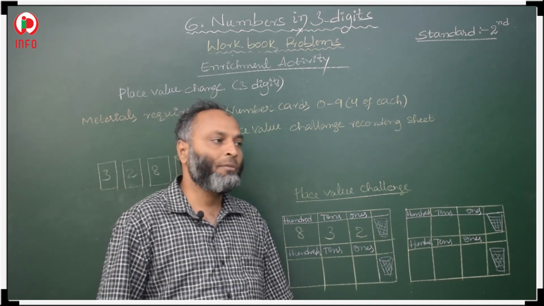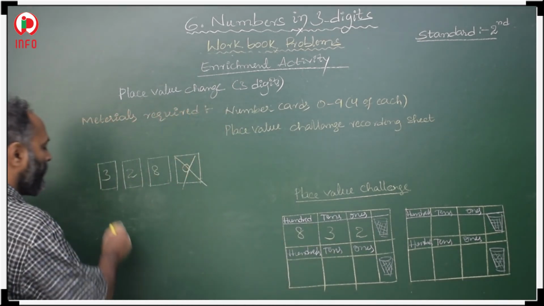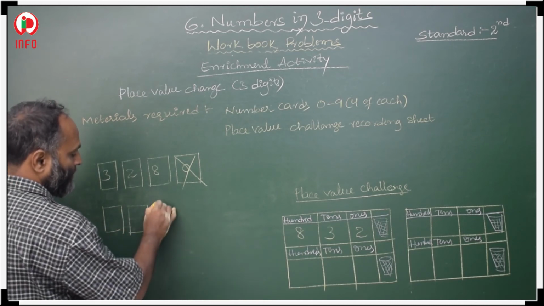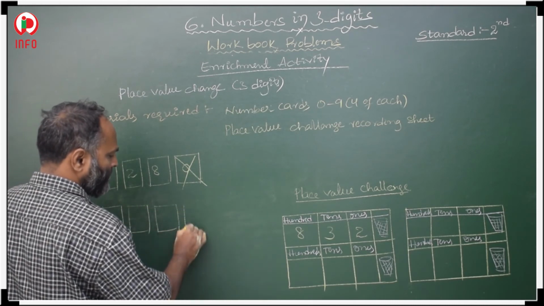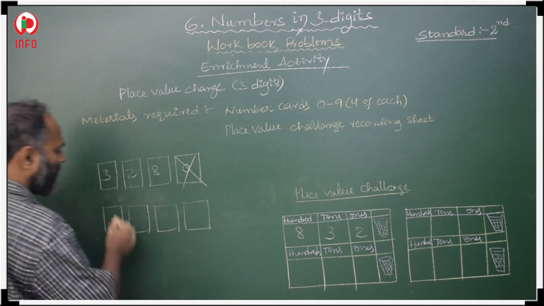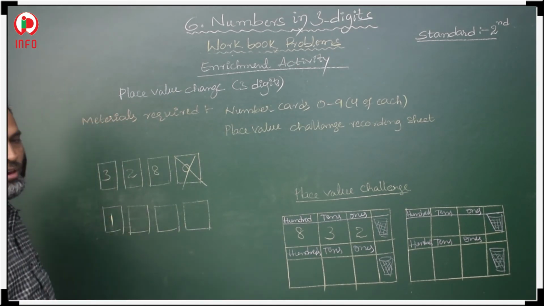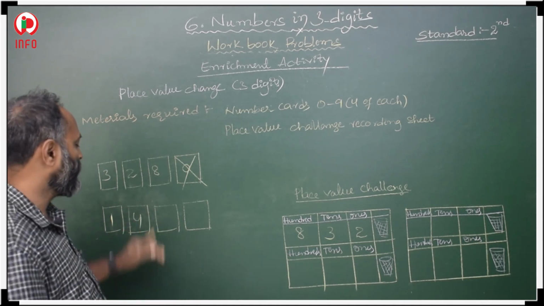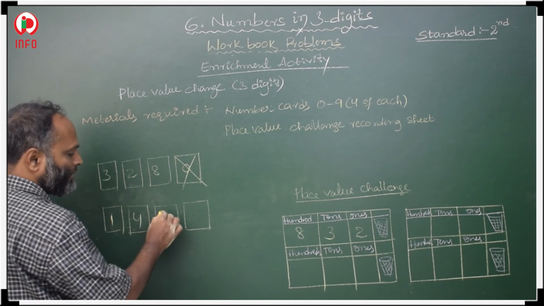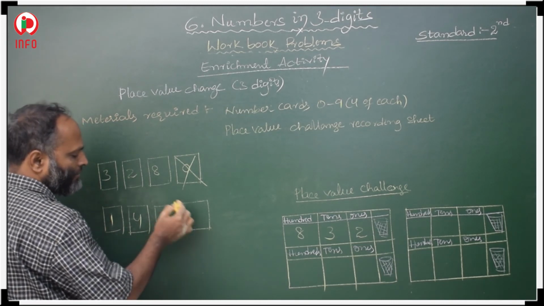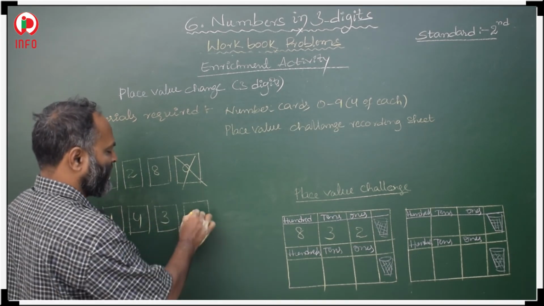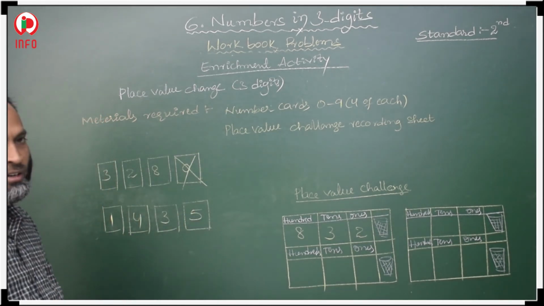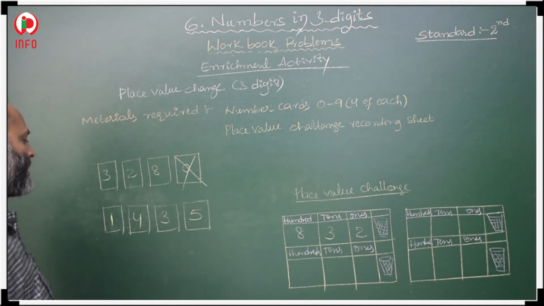Okay. After that, in the second round also, you have to take any 4 cards again. 1 card from the first set, that is 1. If we select 1 card from the second set, that is 4. If we select 1 card from the third set, that is 3. 1 card from the fourth set, that is 5. Then from these cards, any one card you can discard. So I want to discard this 3.